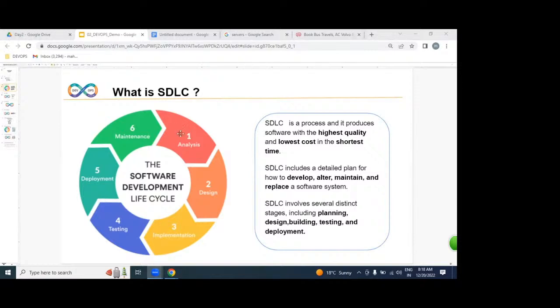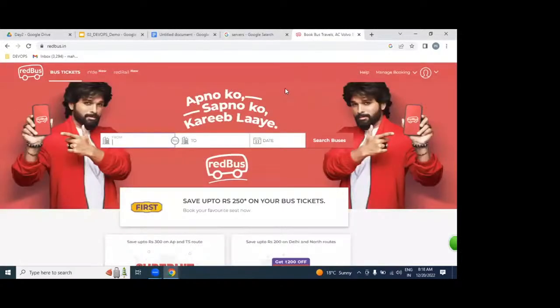How exactly, guys, please? How exactly are we going to do it? Analysis is nothing but what? Gathering information from the client. For example, if you want to construct a house, we need to gather the information, or not: iron cost, cement cost, land cost, how much is required, everything. We need to gather information, or not. The same way, how exactly does this business work? It is a travel business.